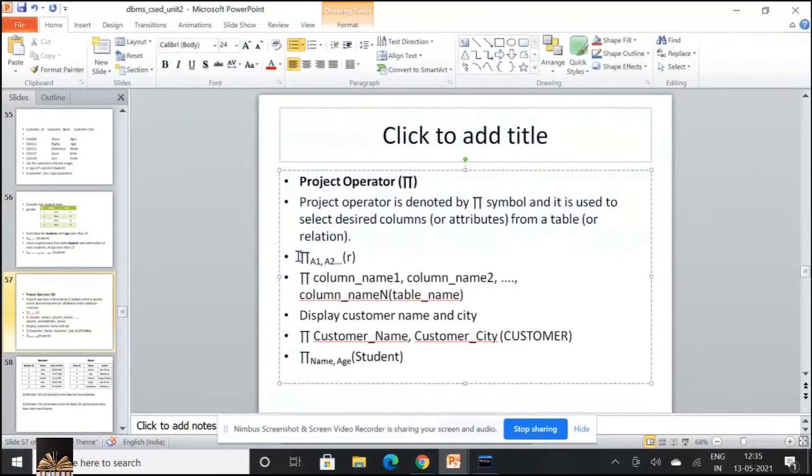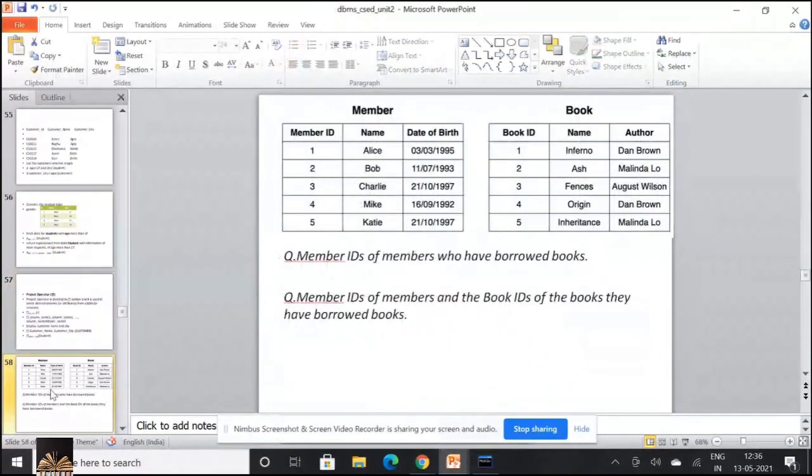You can club sigma and pi based on the situation. Whenever you are asked a question based on a combination of both the operators, you can combine both the operators also. I'll give you certain examples on that as homework. You can do that. And I hope this was explained to you and you had to work on one more table.